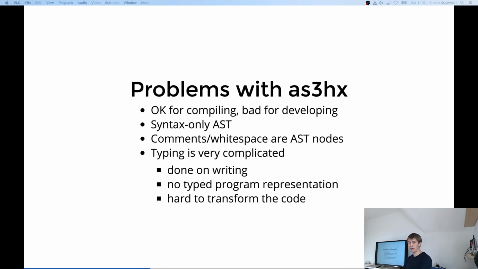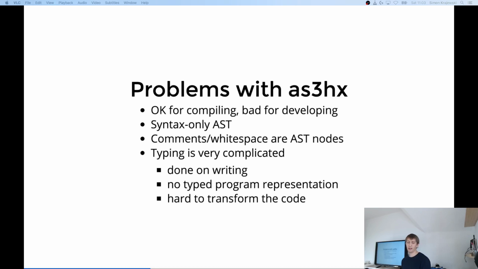improve that situation, and first we of course looked into maybe improving the AS3HX, and we found out that it's okay-ish for the actual compilation for runtime, but for development it's not super nice because the code that it produced was not really nice to work with for actual humans, and that comes from a number of issues with the AS3HX, and mainly it comes from the part that it just parses the ActionScript source code into a syntax-only syntax tree, and it doesn't have any real information about the types, and also